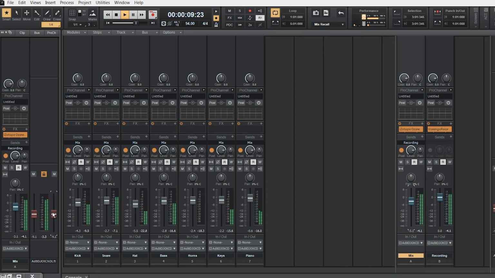So it's not bad, okay? I mean, it's a bit into the red, but that's not too bad because it's only at certain peaks where it does that. And that's the important thing too, is that if you get certain parts of your mix that peak into the red, it's not a big deal, as long as not the whole thing is in the red. If you have certain peaks, that's fine. Usually it's something like a snare, for example. Every time it smacks, it goes up pretty loud, okay, whatever.